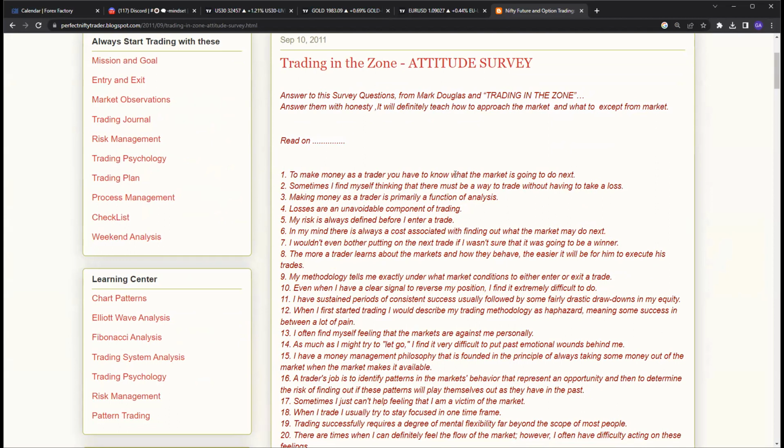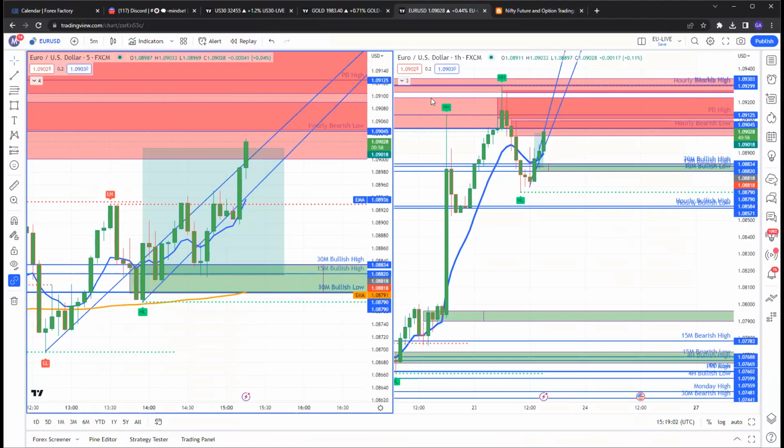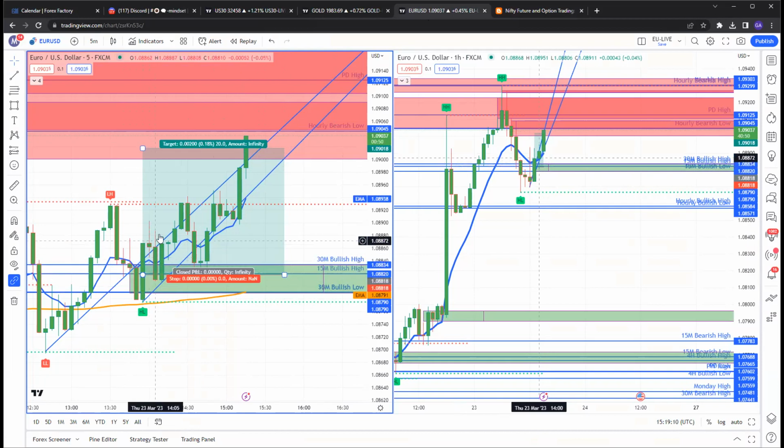So, to make money as a trader, you have to know what the market is going to do next. That's a no. Previously, I've had people ask me, where is gold gonna go? Where's the trade gonna go? So with this one on EU, I did not know EU was gonna go up, right? But my confluences told me that the probabilities are on your end for EU to go